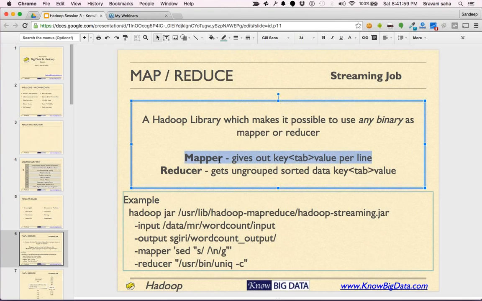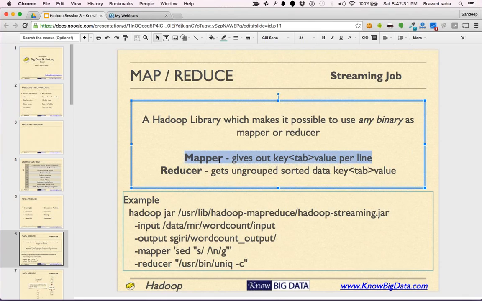The necessary condition is that the key value pairs are separated by new line, and key and value by default are separated by tab. And the way the reducer will get the data, instead of grouping, the reducer will only get the data in sorted manner.